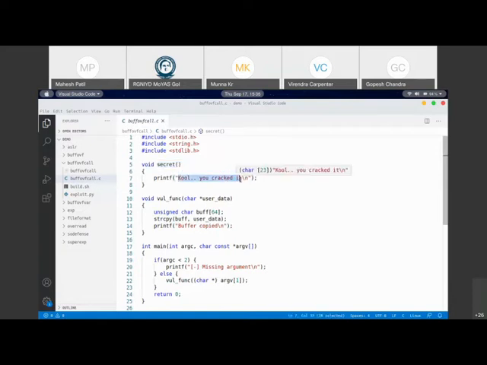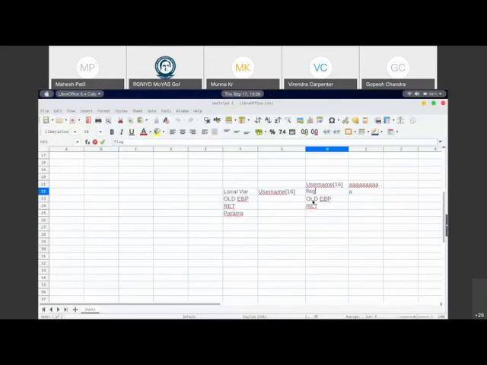Now, our aim for this particular attack is that you should pass the argument in such a way that it overrides this buffer, but it does not override only the buffer, but also the return address. So if you remember, when we talked about it, you have the old BP and the return address, and then above this, you have a buffer.